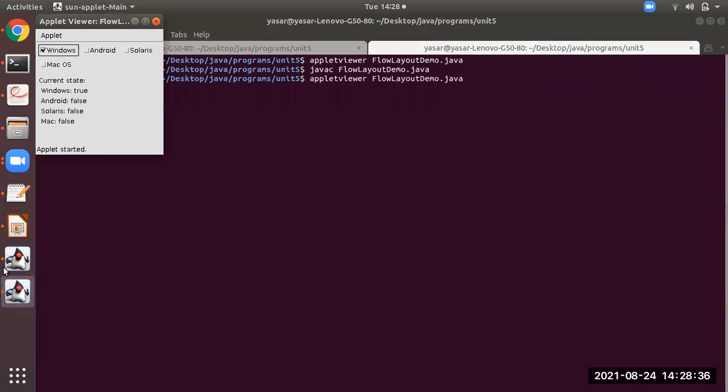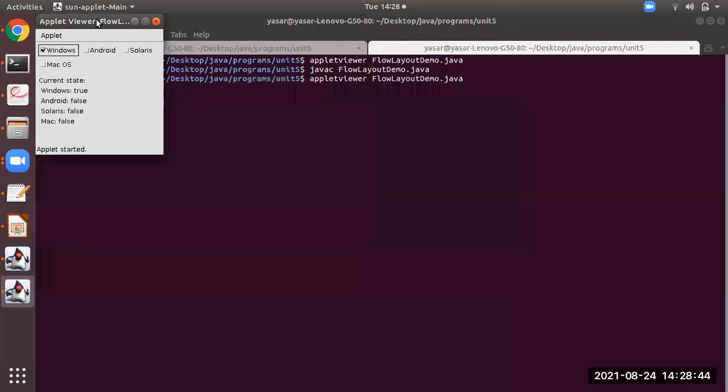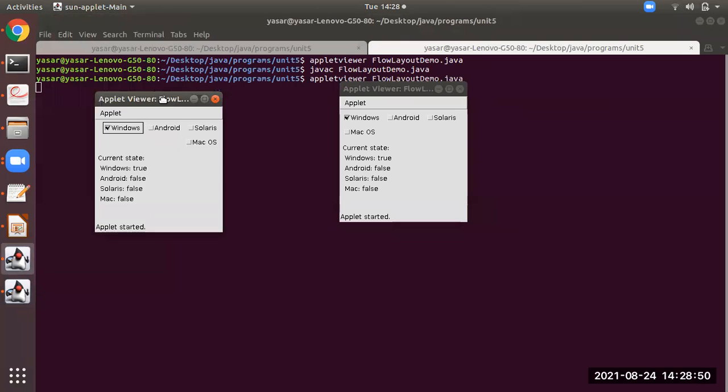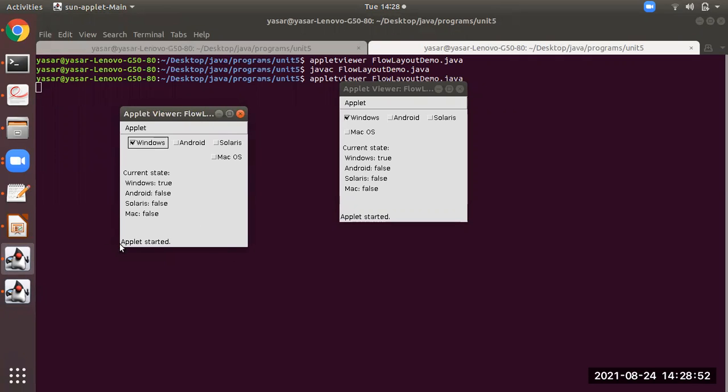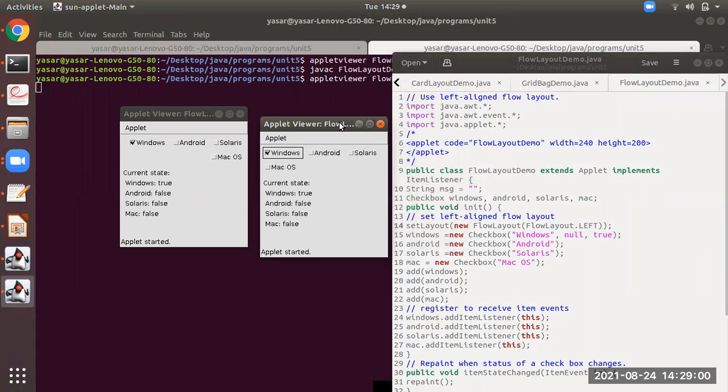Now you observe here, both of these. Just a second. This one is the previous output. This one is the next output. What I did over here is I made it left. This is the present change I have done. It is showing you the layout from the left side. If we change over here, it will change. So this was the previous one, right?